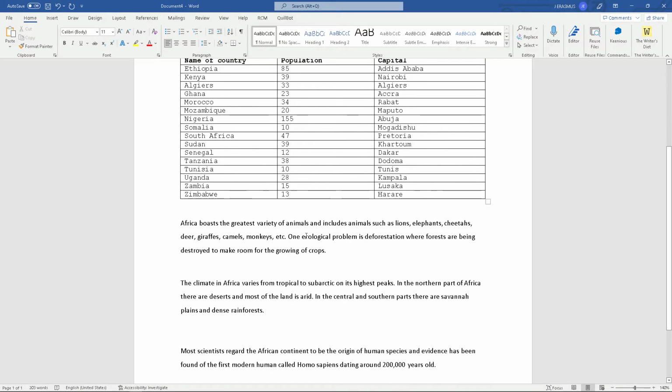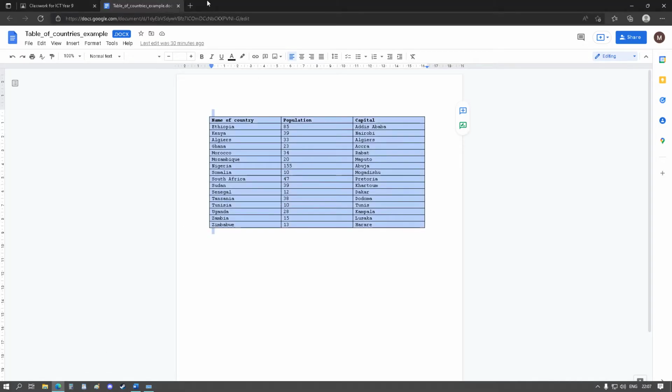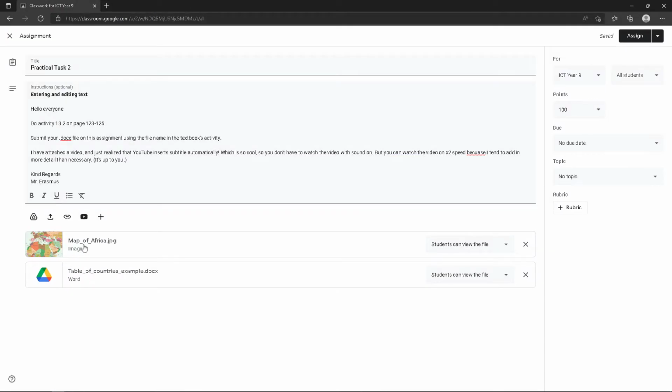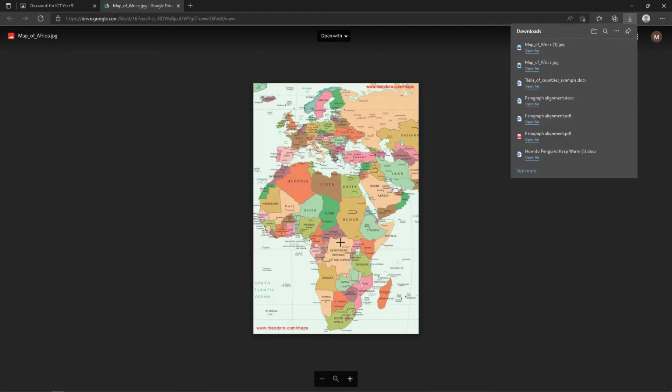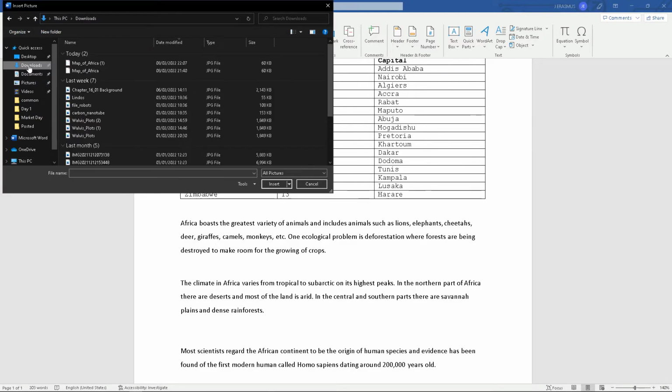And the next thing that we have to add is a picture. So you can just go back to the assignment. We don't need this anymore. Go to the assignment and you can download the picture. Download. And it's a map of Africa, and this is what this is about. So we're going to insert a picture. So from this device, then we need to go to the downloads, map of Africa,